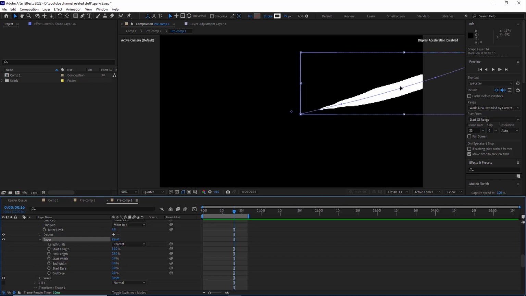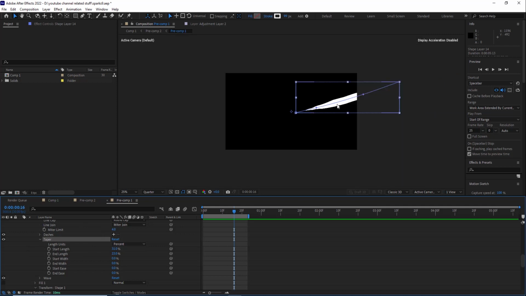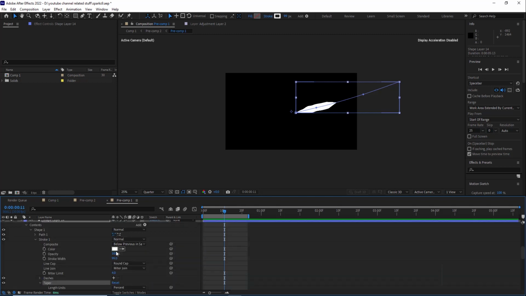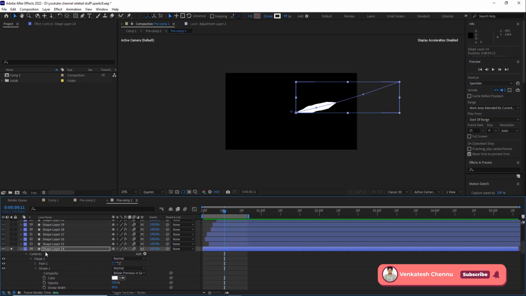The reason I used the taper is that I need to give some liquid type of feel to this stroke animation. The taper length is 31% and taper end length is 23%. Cool. And coming to this one, and again